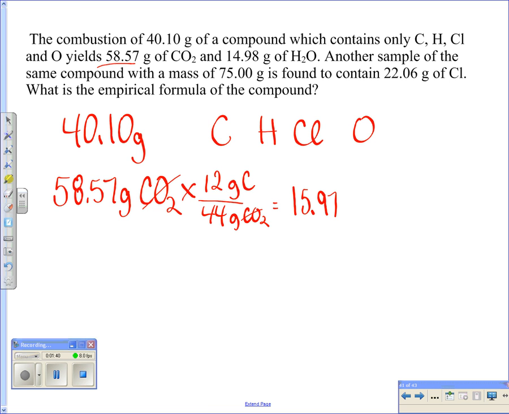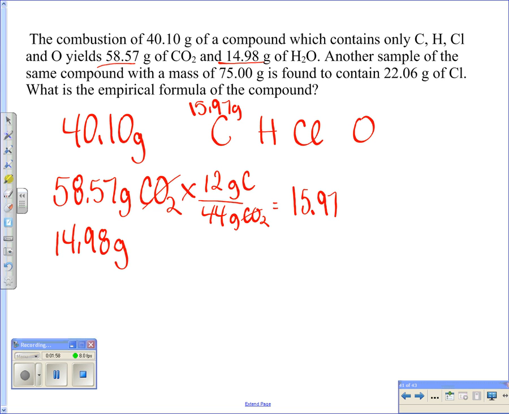So I'm going to write that on top so I can keep up with what I have. The next piece of information that they give me is that I have water. So I have 14.98